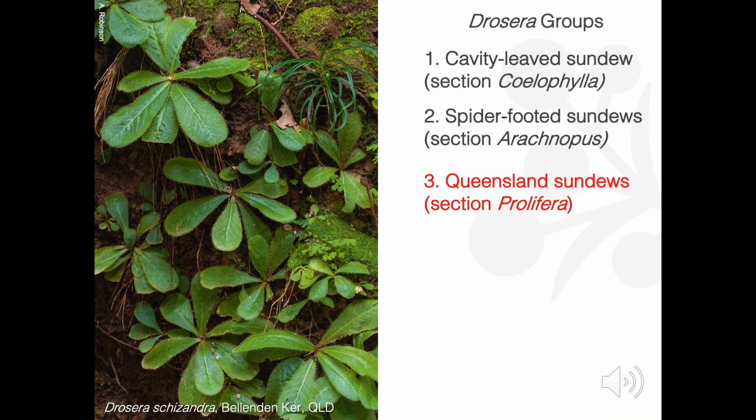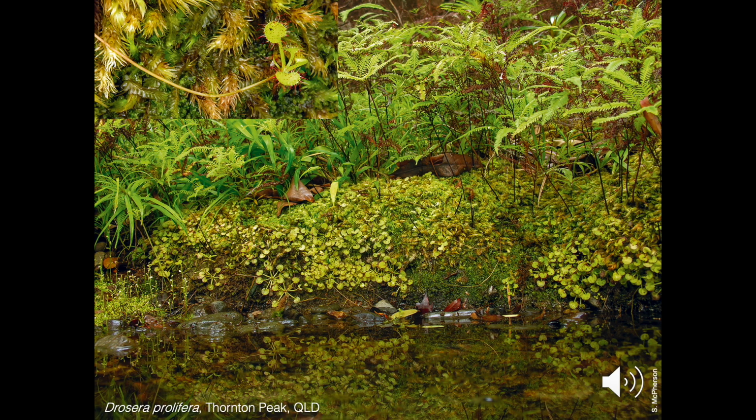The third group of Drosera is the tropical evergreen sundews of Queensland's rainforests. These 3 species, called the Queensland Sisters, are the only true rainforest sundews. As the name of the section Prolifera suggests, these plants tend to quickly form colonies. Seed set in these species is often low in the wild, and typical Drosera pollinators aren't that common in the rainforest, so they've evolved to spread vegetatively. Drosera schizandra, shown in this image, often produces growth from its fleshy roots, while Drosera prolifera, pictured here, instead produces additional plants at the tips of its flower stems, shown in the insert, allowing it to form extensive clonal colonies.